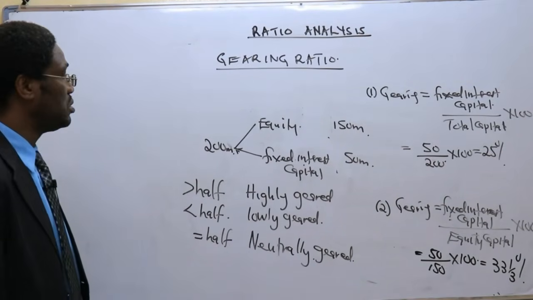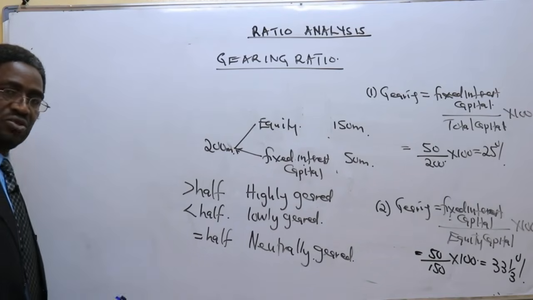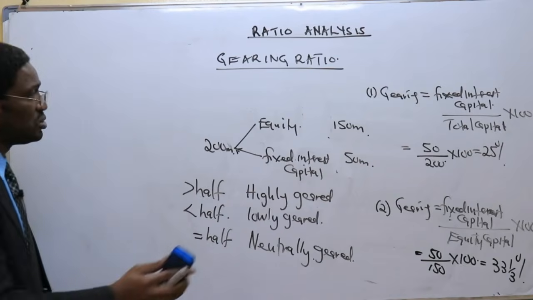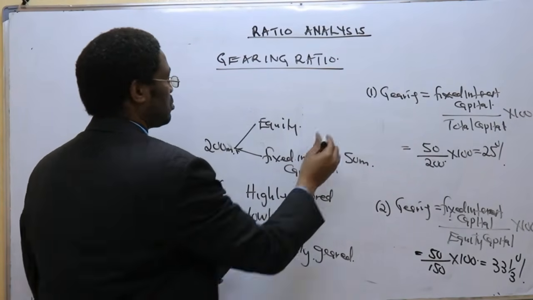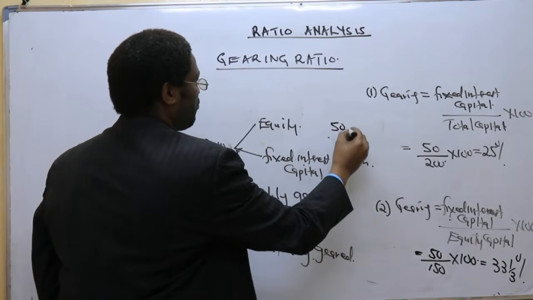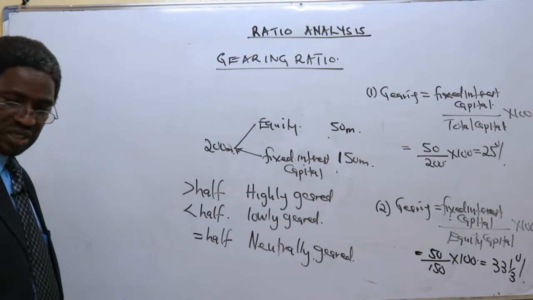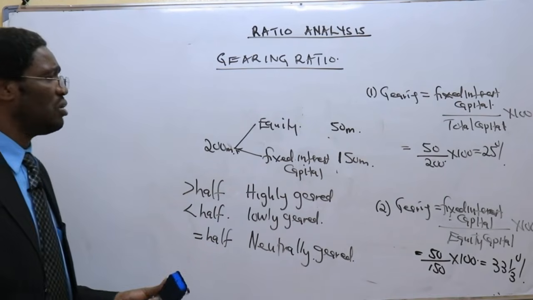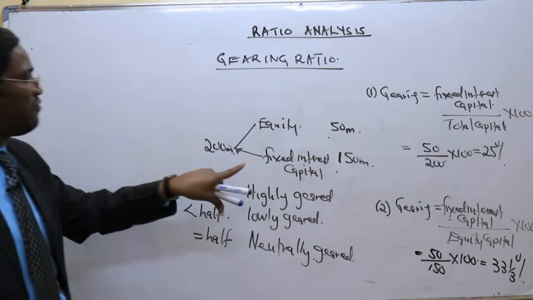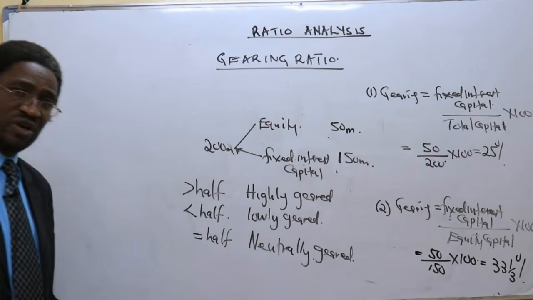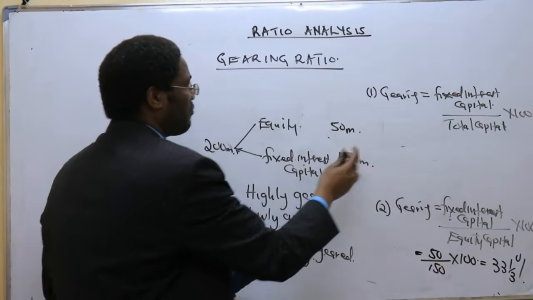Okay. Now, let me reverse so that I ask you a question I wanted to ask you. Let's now take that this is 50 million and now this is 150 million. I've changed that. Let us assume now equity provided only 50 million while fixed interest capital provided 150. So if you are to use this formula, you will take 150